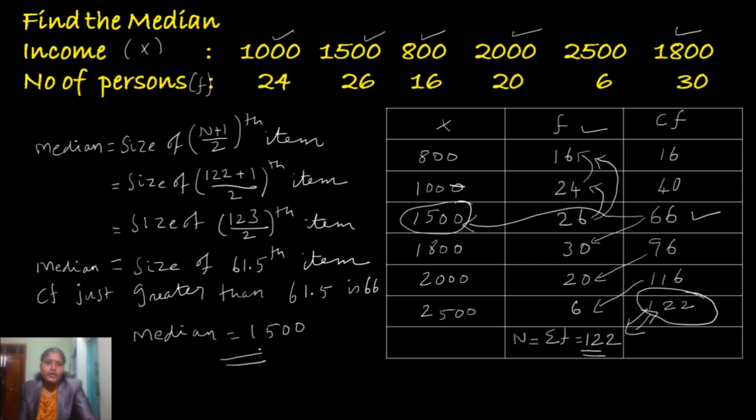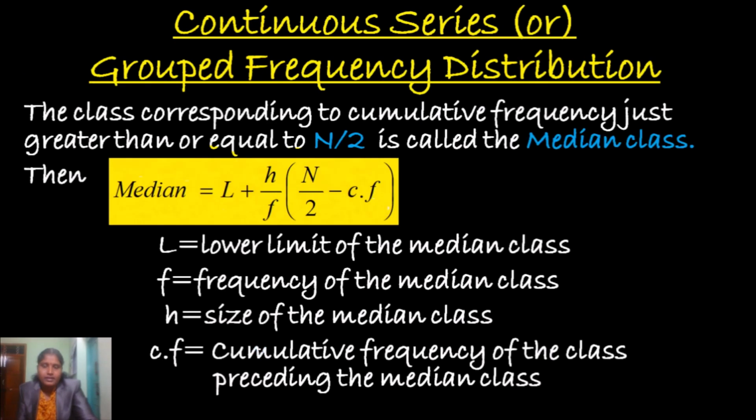So hope you got an idea about how to calculate median for ungrouped frequency distribution. Let's now move on to how to calculate median for continuous series or grouped frequency distribution. For that, first we have to find out the median class. That is the class corresponding to cumulative frequency just greater than or equal to n by 2 is called the